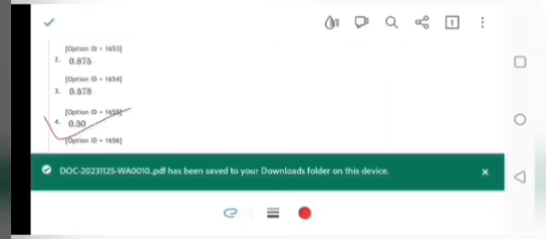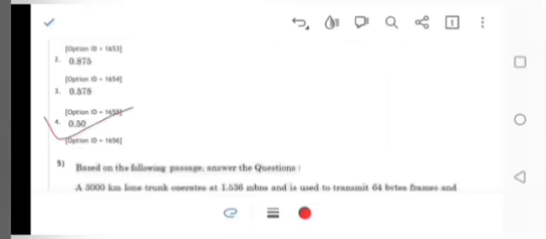If only 6 bits are reserved for sequence number field, then the efficiency of the system is what? These are the options for you. It will be 0.578. Done. Second says,